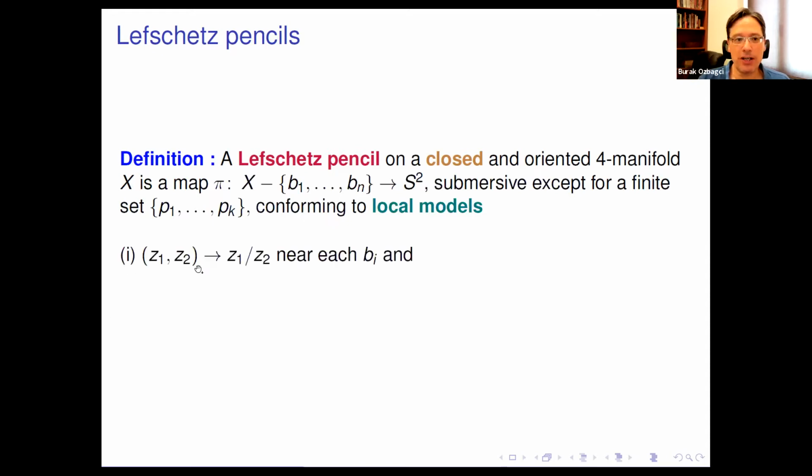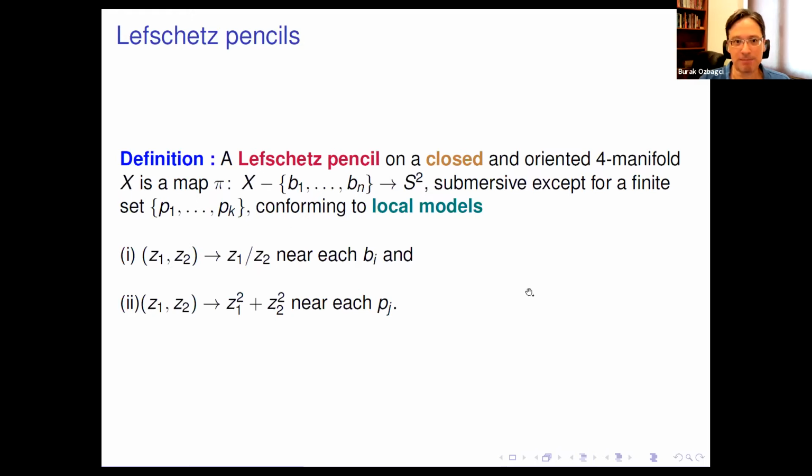(Z1, Z2) is mapped to Z1 over Z2 near each base point, Bi, and near each Pj, the critical points, it is like the Lefschetz critical points. So essentially, a Lefschetz pencil is a Lefschetz fibration on the complement of finitely many points, B1 up to Bn, where there is a certain local model